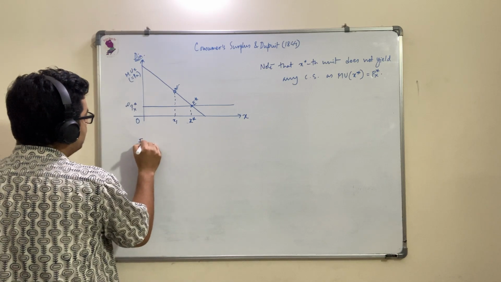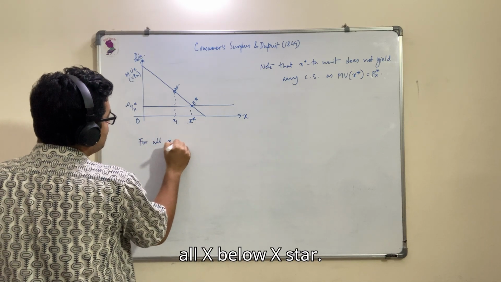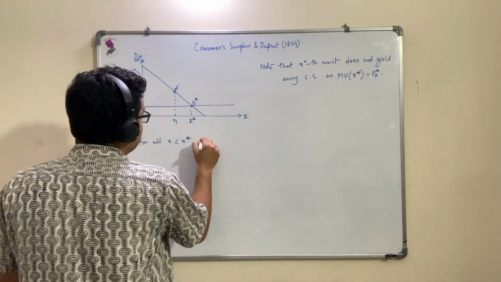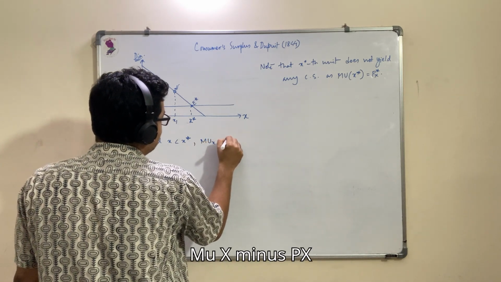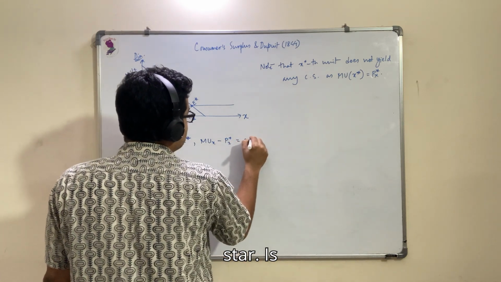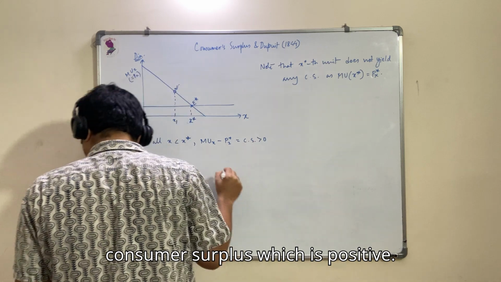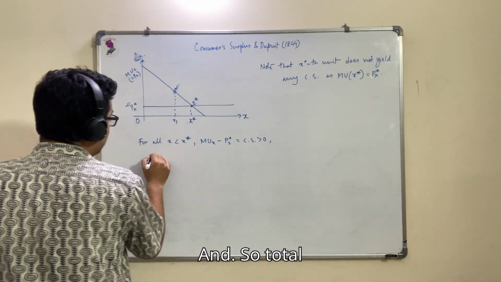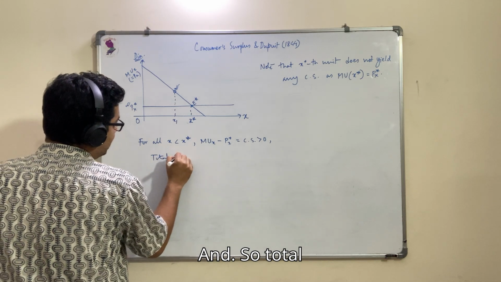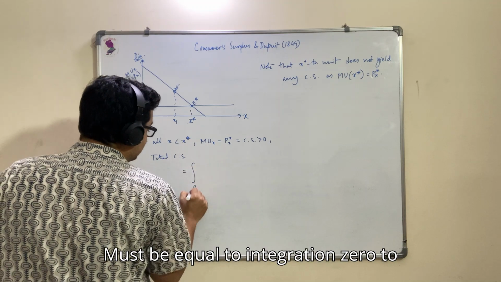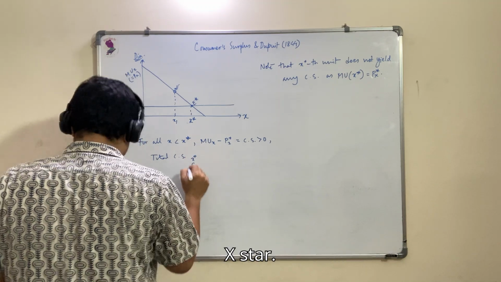For all x below x star, MUx minus Px star is consumer surplus, which is positive, and so total consumer surplus must be equal to the integration from 0 to x star